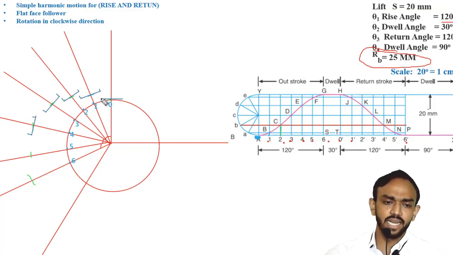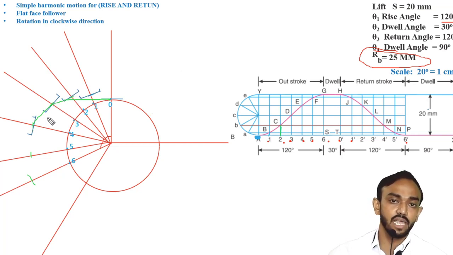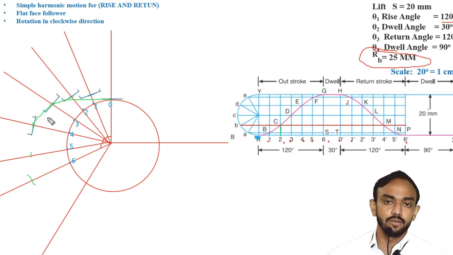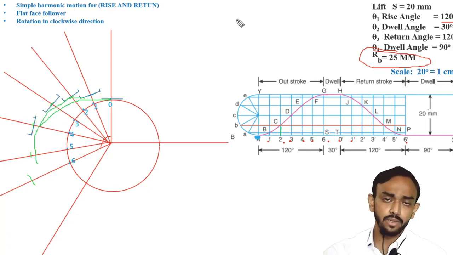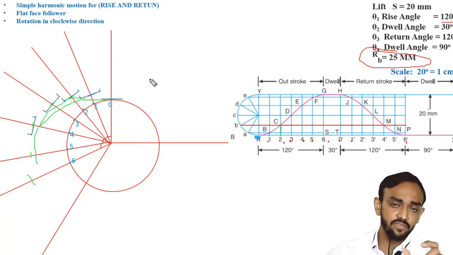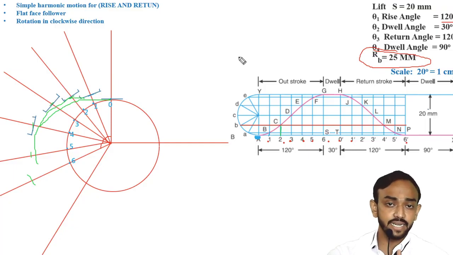You have to draw this profile very lightly and it must touch the flat face at any point. It is not necessary to touch at the center or here or here. It just must touch the flat face and pass, not intersecting. If there is an intersection between our profile and this flat face, it will be considered an error. No intersecting should be there. Remember that our profile must touch every flat face, not intersecting the flat face.